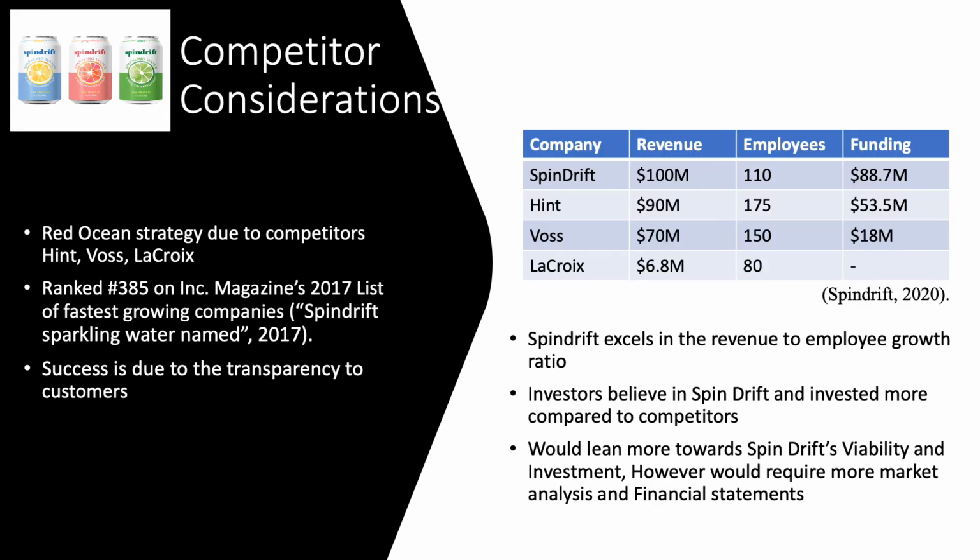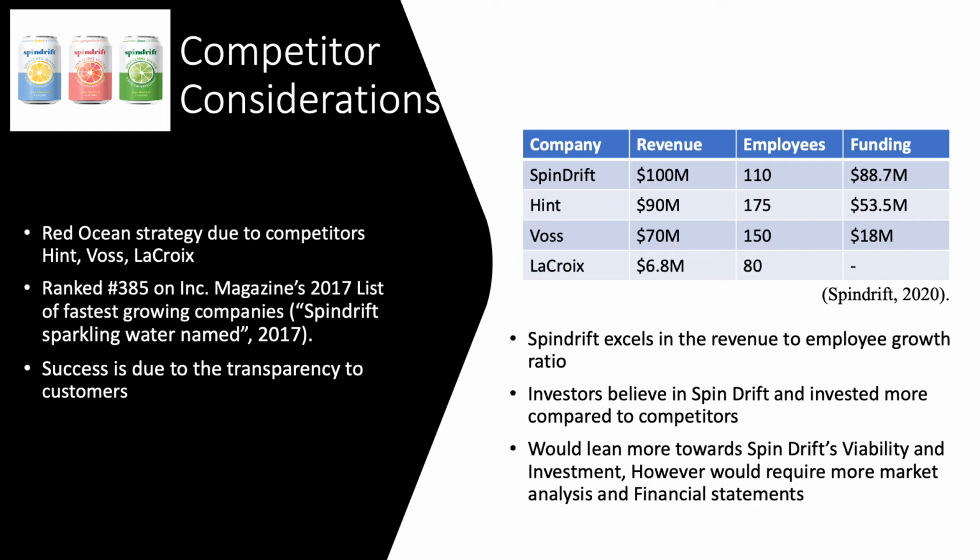Looking at Spindrift's competitor considerations, initially Spindrift is a first mover and it has got the blue ocean strategy, but however, due to the competition, it has to adapt to the red ocean strategy. And it was listed as one of the fastest growing companies in 2017, and its success is because of the